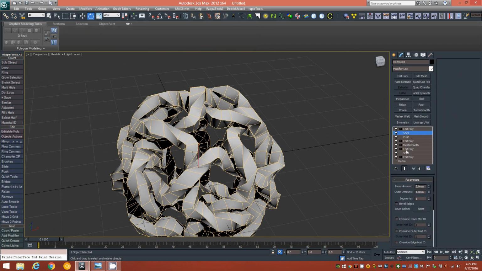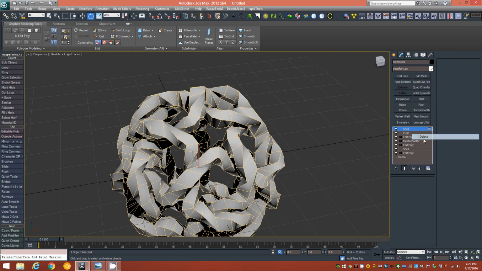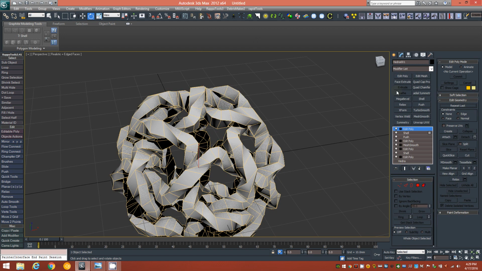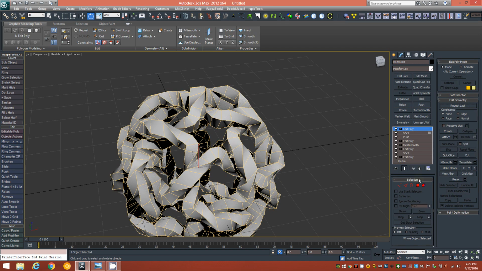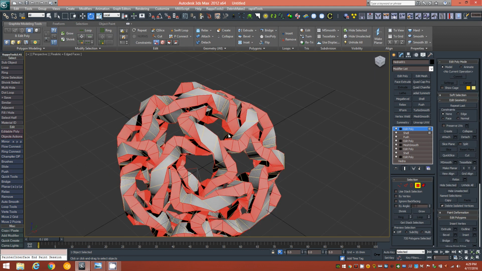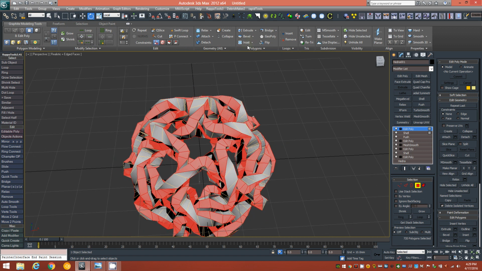Well, actually, let's go back down to the shell modifier, and we will scroll down and select our edges. Alright, in the shell. Now let's remove that edit poly, and we'll select the edges. Alright, and then we'll add a new edit poly on top of the shell, and when we go to our polygon selection, those edges are selected. Alright, and that's going to be useful because we can shift click our inset button and bring up the caddy,